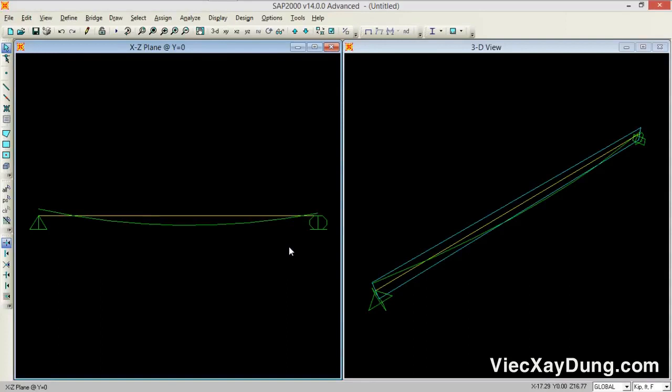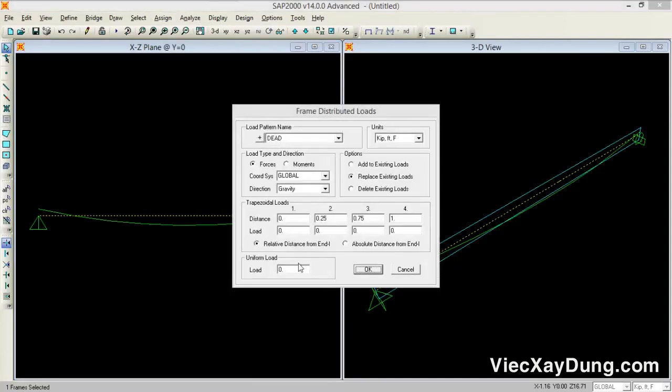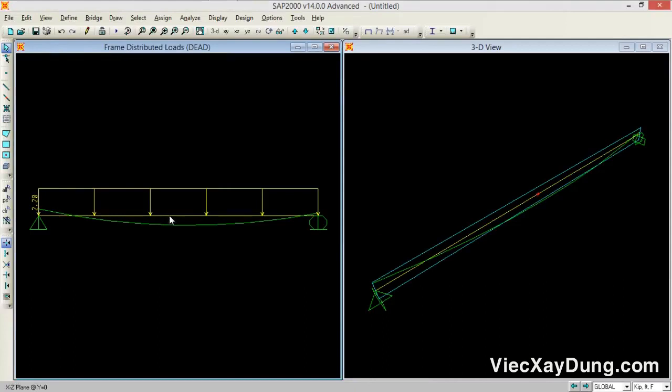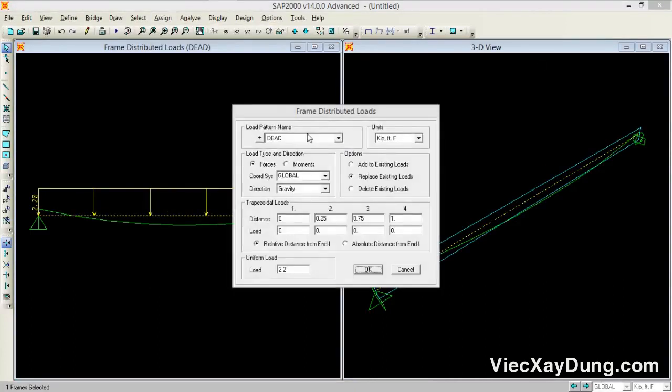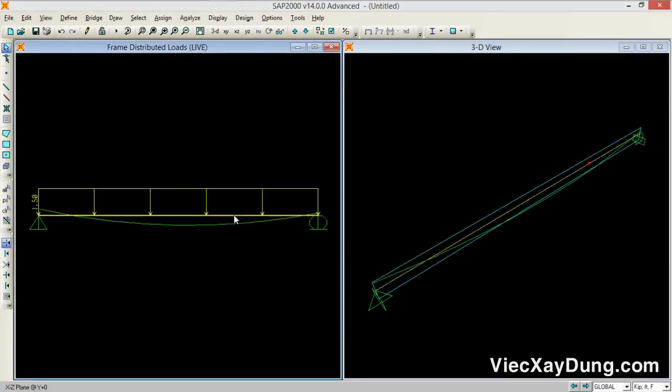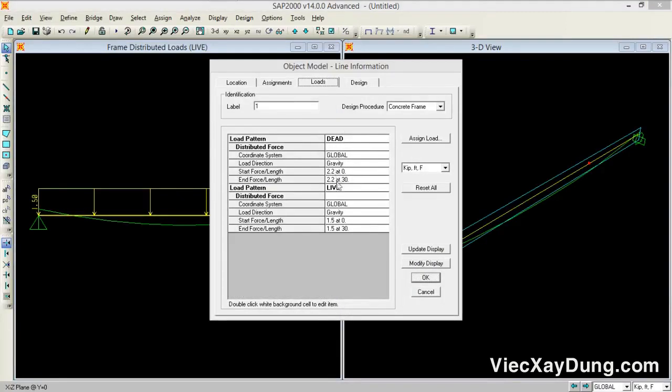inserted in the beam. Now what you have to do, I need to assign the load to this structure. So select this, don't select the tendon. Select your beam, go to assign, go to frame load and assign your load. Under that load, let's suppose I am applying 2.2 kips per foot, pressing OK. So 2.2 kip, and on the same frame I am assigning some live load as well. You can assign these loads according to your demand. Let's suppose I am having 1.5 kip per foot of live load. If I check under the loads column, you can see dead load is assigned and live load